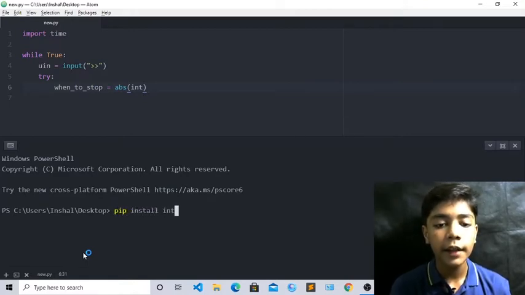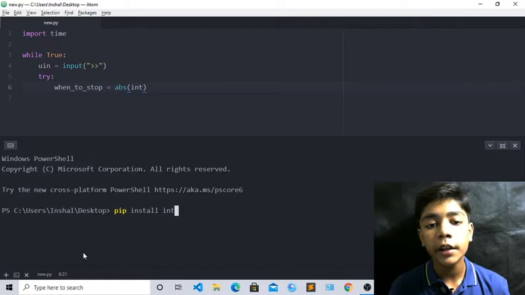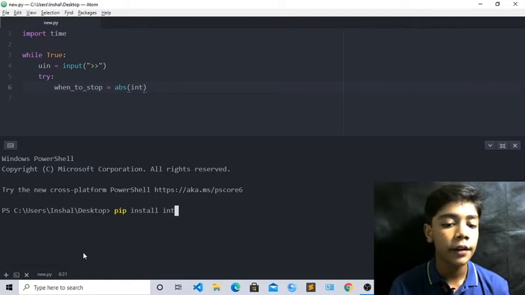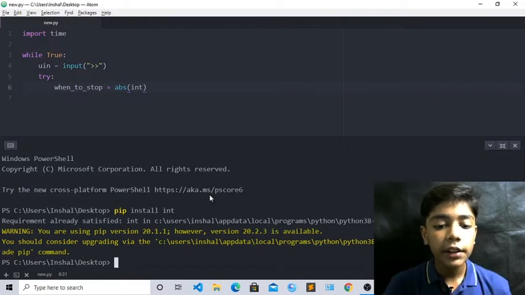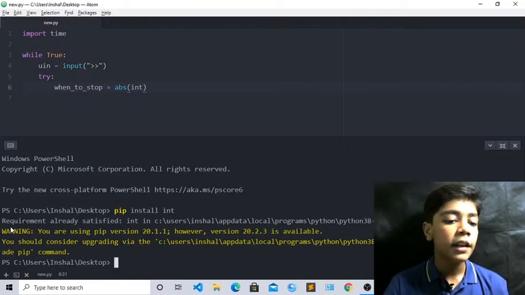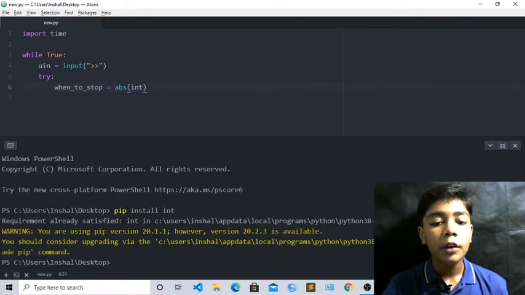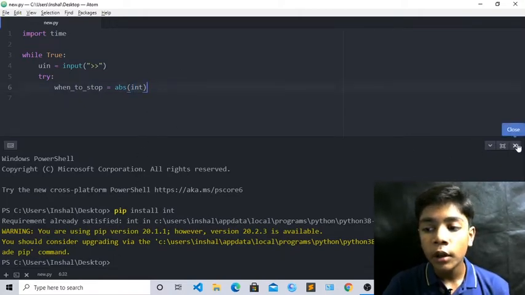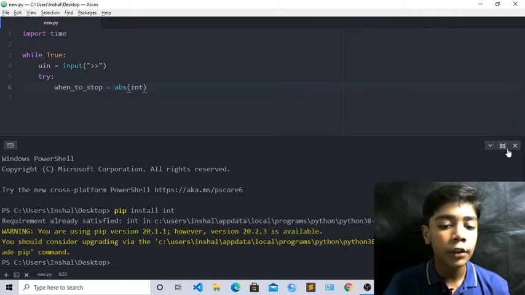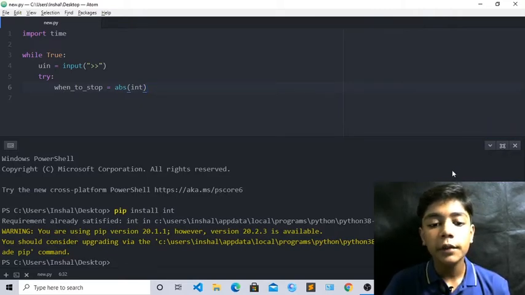init here. Okay, like we have downloaded ABS, now we will download init and install it in our text editor. Now pip install init, enter here. Now you can see this requirement already satisfied. It has the latest version and we have already downloaded it, so it will work really cool. Okay, init, you have to download its latest version. It is really important to download, because from this it will work awesome.